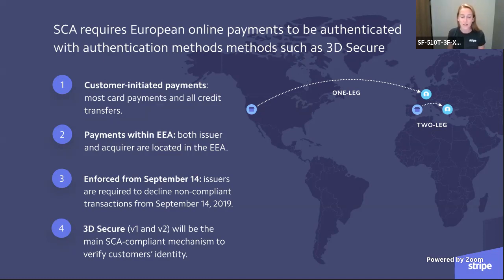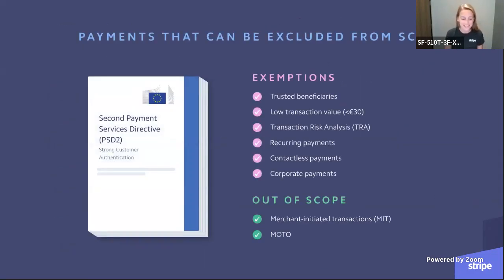The good news is that not all payments in Europe are subject to these requirements. There are a number of exemptions. CJ, can you please go to the next? Perfect. There are specific transaction types for which you'll be able to request exemptions. There are also some types of payments that will be outside the scope of SCA. Although being out of scope is legally different from being an exemption, in practice, we need to request it just like any other exemption, which should interest most of you because the topic of these office hours is off-session